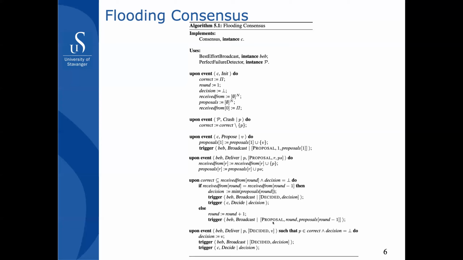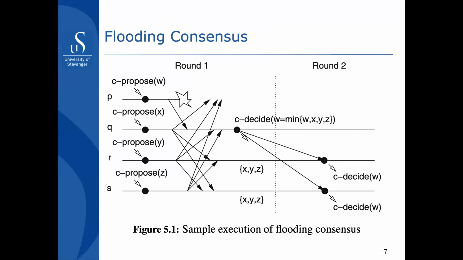Like for all the processes that send out a proposal, we receive the exact same number of proposals in return. So these two are equal for the two rounds, and only then we have the deterministic function, the minimum function, that chooses the minimum value and makes the decision. So that's the main point of this algorithm, and there's a sequence flow or execution flow here,